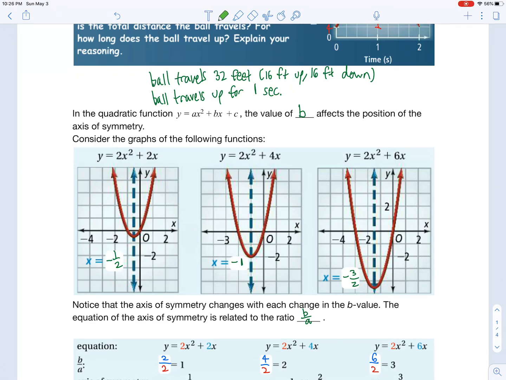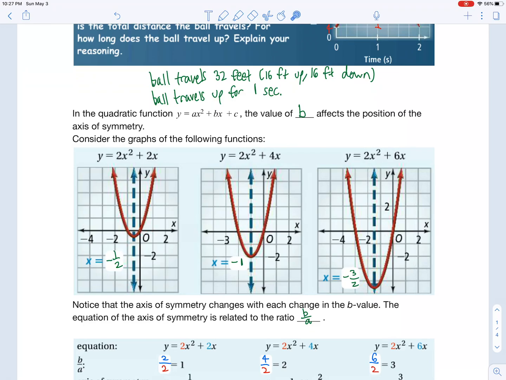value from our quadratic function, ax squared plus bx plus c, and see what happens if I affect that middle term, that middle coefficient b in the equation, and what happens to our actual graphs and our function. Notice that in these three equations at the top, only one thing is changing on all three, again that middle coefficient. If I change from a 2 to a 4 to a 6, it looks like the actual function, if I put that into a graphing calculator,